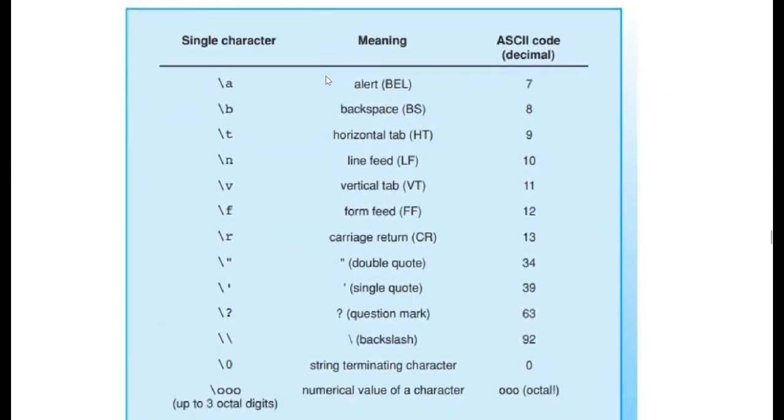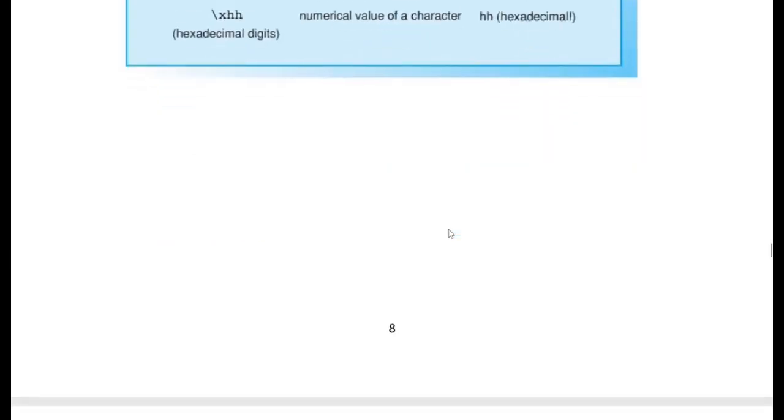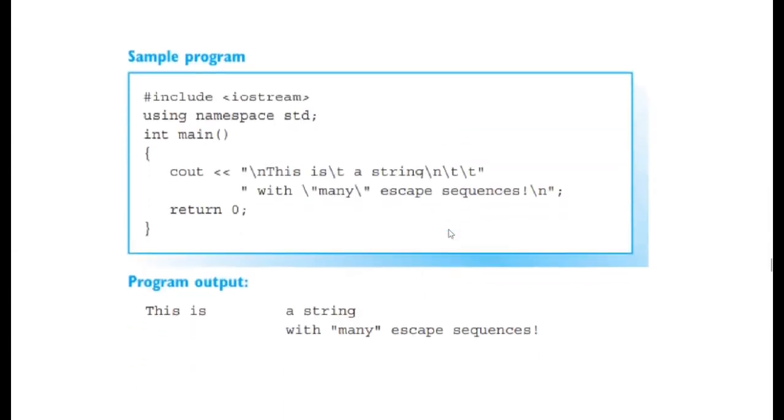We use escape sequences. For example, for the quotation mark, we have backslash quotation mark, and that's going to give us that double quote there. So they normally start with a backslash. You don't need to remember or memorize all of them. The ones that you use commonly, you will automatically memorize, or you can always look them up. But let's see how they can actually get used in the program.